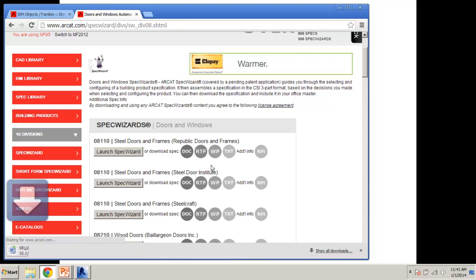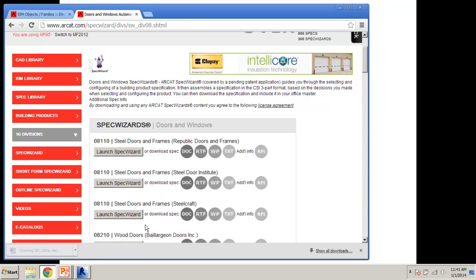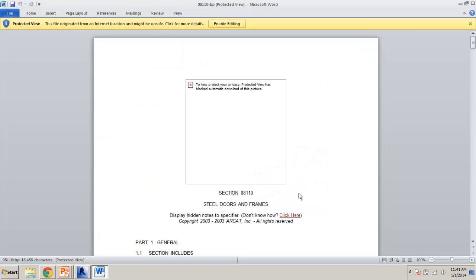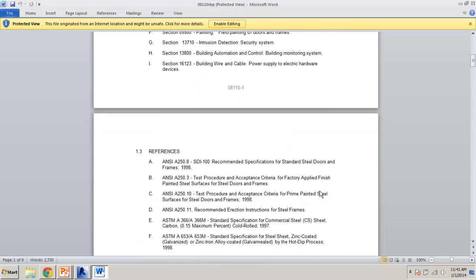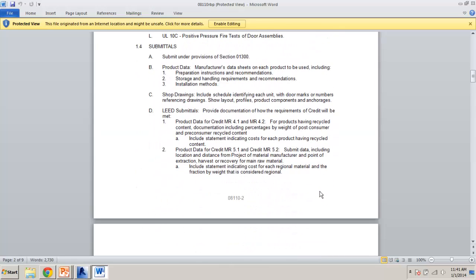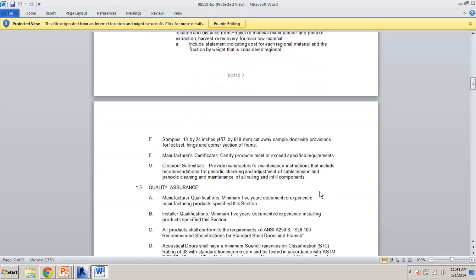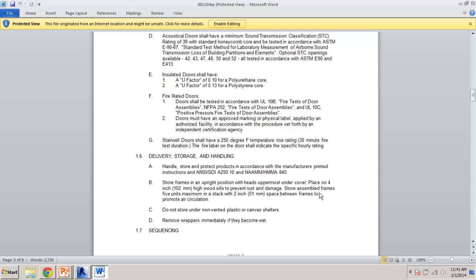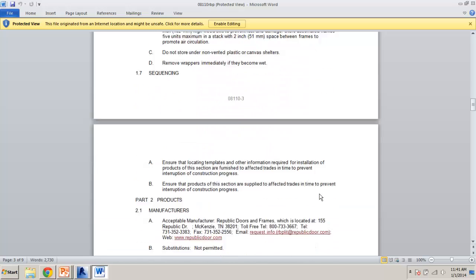the actual document that specifies this particular product under section 08110, and now all of a sudden here's our specification as a Word document that's already written. All we have to do is go in and proofread it, take out the stuff we don't want, add the stuff we do, and we've got our specification written for this particular item within the construction